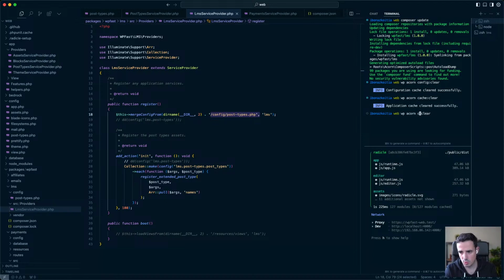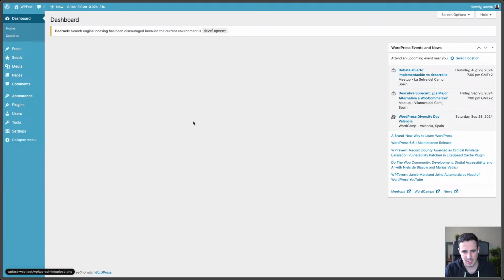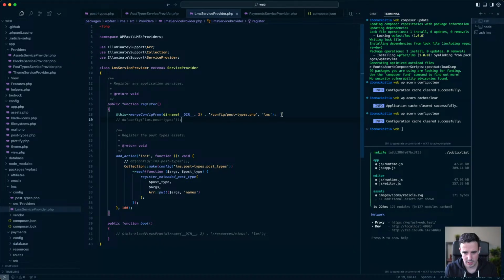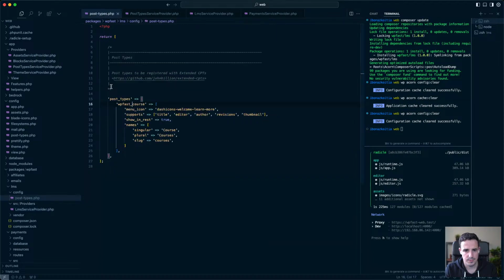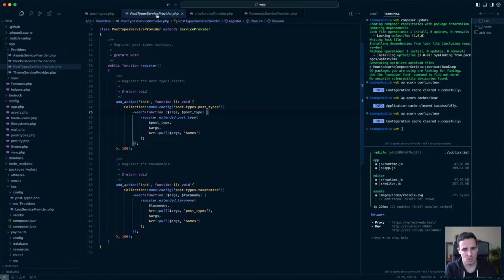I don't know if I should do config clear also, but from the root, I think it's not going to work just for doing that. Here should appear that custom post type. So the thing is that here I have the post types registered. In this case is this course, but it's not